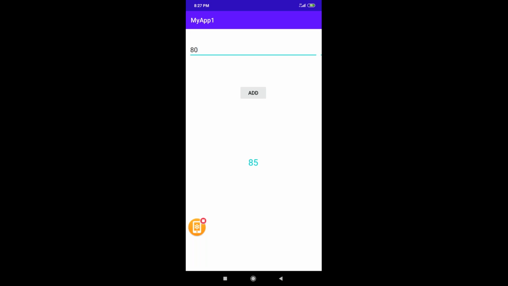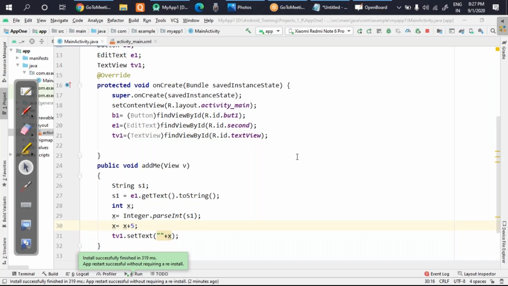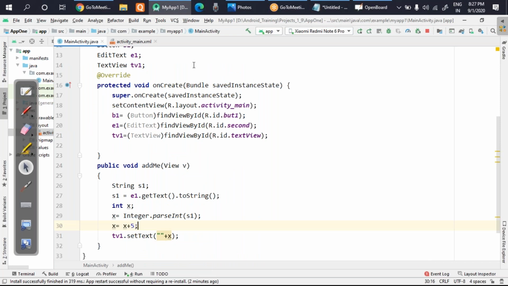Now I'll switch the screen and show you the code, and if anyone has any doubt, you can ask me here itself. It was a pretty simple project where we had one edit text, one button, and one text view where we can see the result. I hope the code was clear to everyone. If you are a starter, it is a bit difficult, I can understand that. Yes, Sambit Kumar, what is the need of, okay, that's very good.